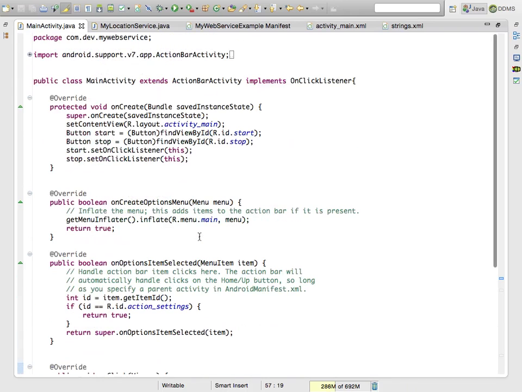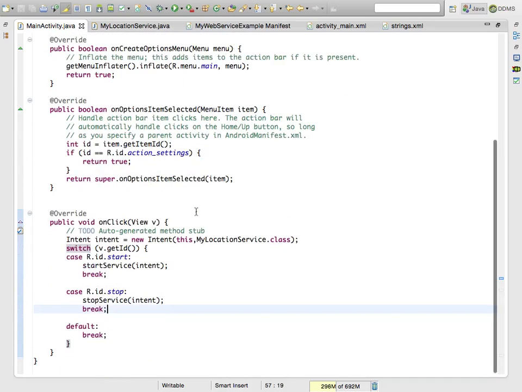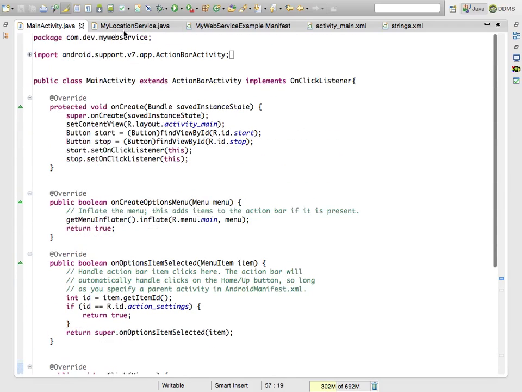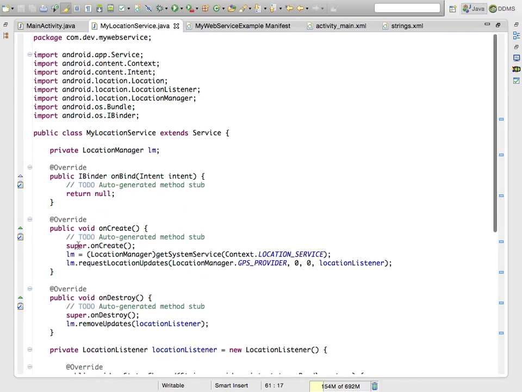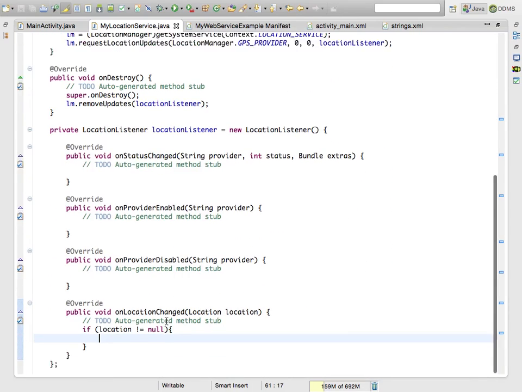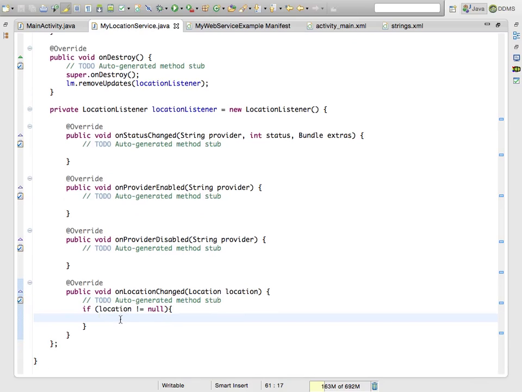So we have given the minimal interface to handle the service startup and termination. So when the service is started, it will call the onCreate block and initialize the location listener, and the location listener will start listening to your location. If a location is available,